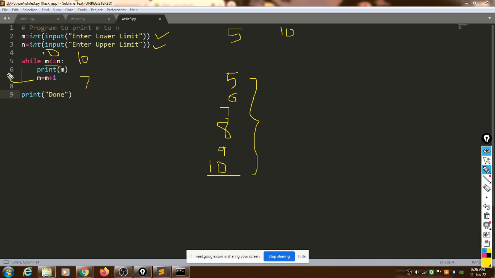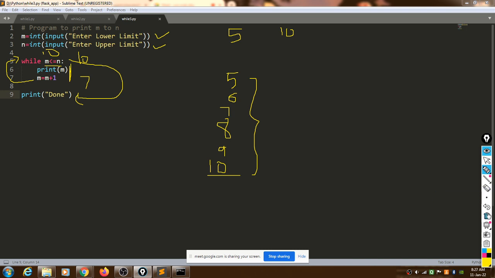Again it takes control in the backward direction. 11 less than equal to 10, so this condition is false. It will skip these two statements, take control in the forward direction, and it prints done.